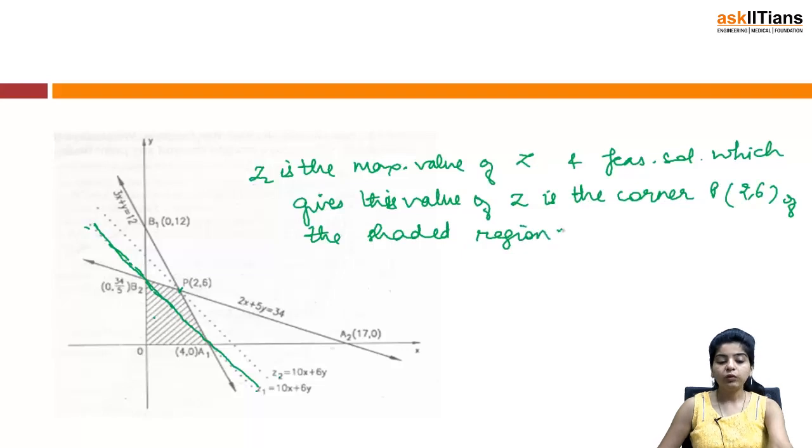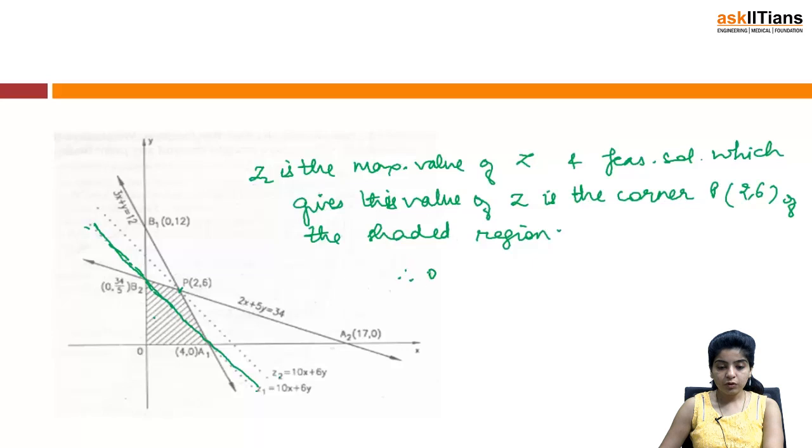Right? In fact, you can give any numerical value instead of z1 and z2. Suppose 60 equal to 10x plus 6y. I can draw this line, and if I give another value to z, I will get a line parallel to this line, but I need to move farther. I need to find the line farthest from the origin, right? So this is the corner P of the shaded region,